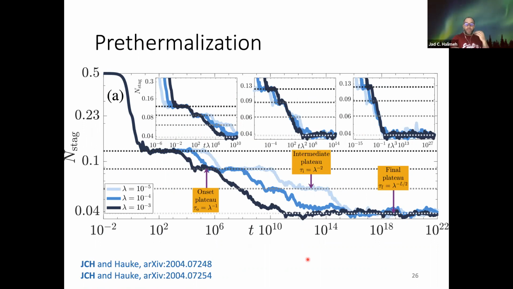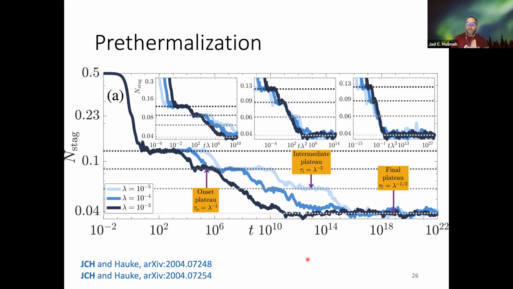Now, can we get some kind of analytic explanation for this? Time-dependent perturbation theory does not. As you have seen so far, if I just want to focus on the gauge violation, which is a gauge invariant observable, time-dependent perturbation theory always gives me terms proportional to lambda t, all to some even power.